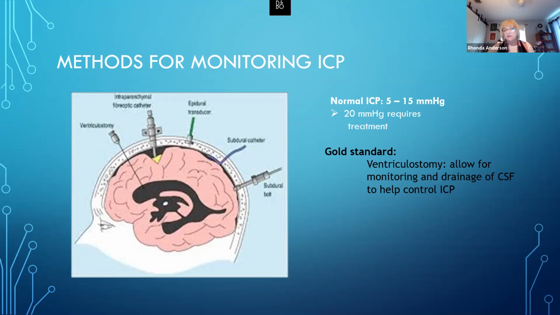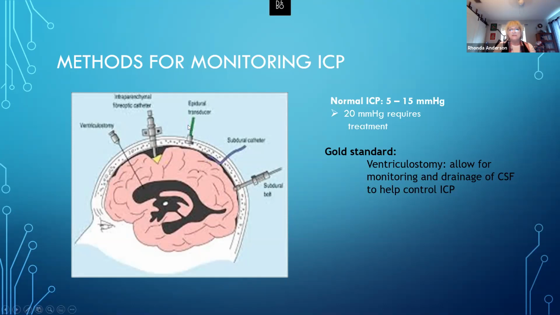Now, our gold standard is the ventriculostomy, which will allow for monitoring and drainage of cerebrospinal fluid to help control the ICP. In this picture, this is the ventriculostomy that actually sits in the fourth ventricle. This one is not actually in the correct position, but it allows us not only to monitor ICP but also to remove fluid. With an intraparenchymal fiber optic catheter, which goes into the brain tissue, that only allows us to monitor. It doesn't allow us to remove any